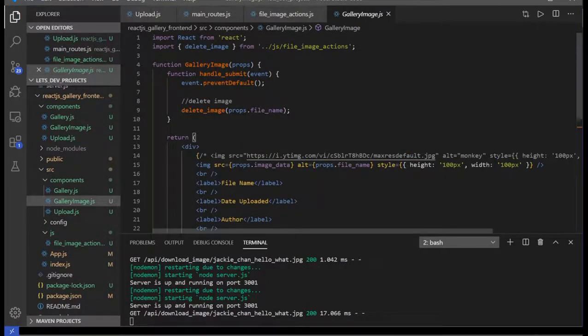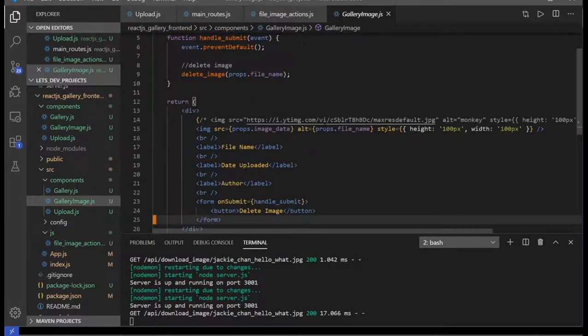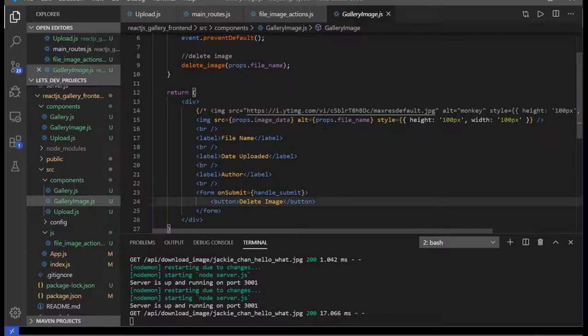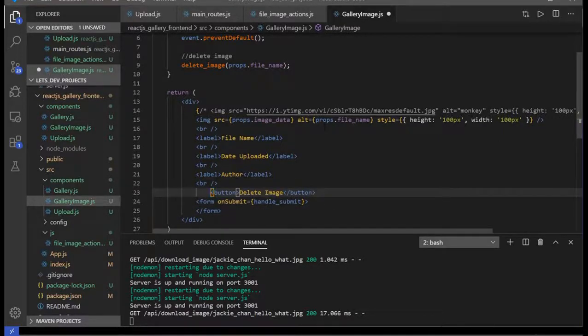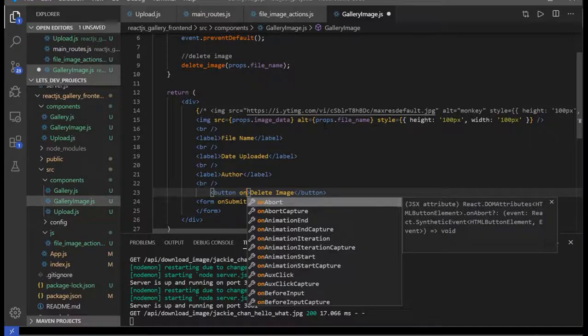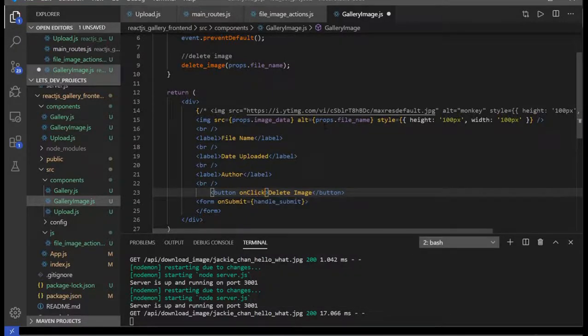All right, so what I'm about to do, don't do in real life, but we're just doing it because it doesn't really matter. It's just a simple little app to show you guys how to save and download and upload images to the back end. And so we need to take this delete button out of the form, and we're going to just change this to on click, I think it is. On click, and that's going to be equal to